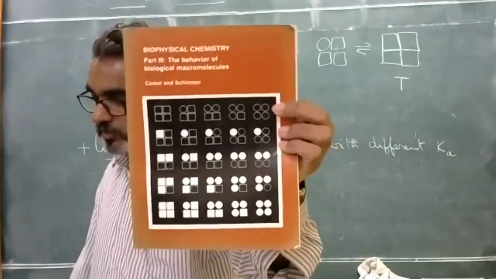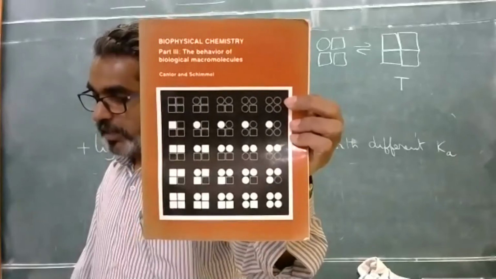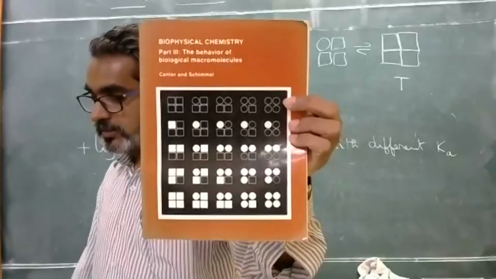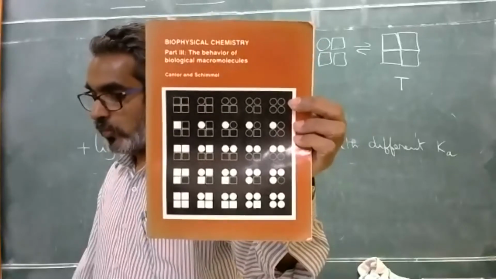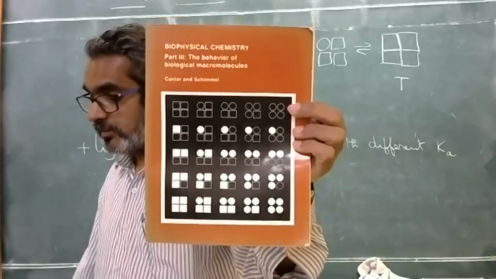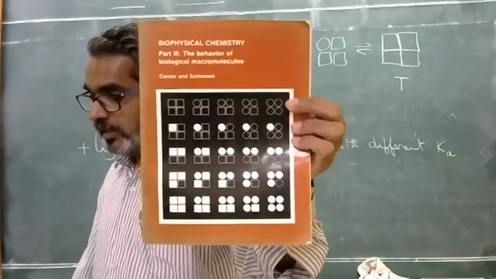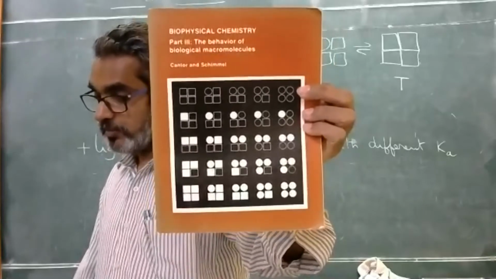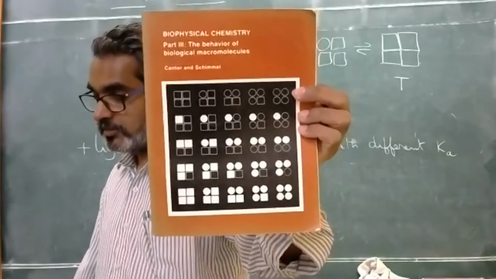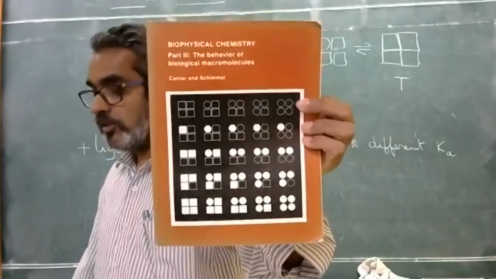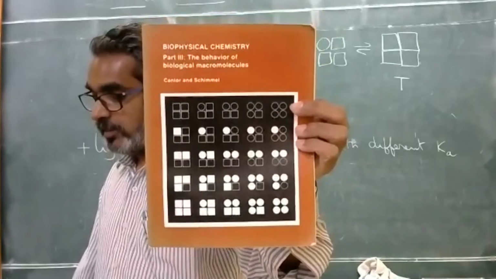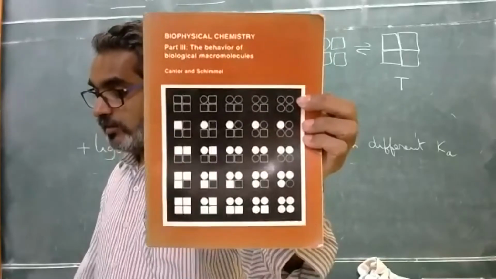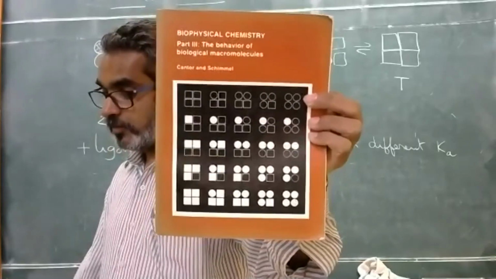You have five possibilities. But now imagine you added ligand at low concentration, such that only one of these four can bind because limited ligand is available. Then again you have five possibilities, because only one of them is bound, so 5 unbound versus 5 bound. Now imagine you have more ligand. Let's say 2 of 4 can saturate. Then you have again 5 possibilities.